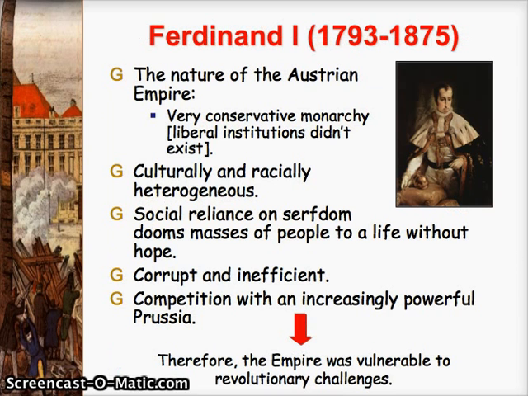So Austria is still ruled by the Habsburgs, and it's going to be ruled by Ferdinand I. He dies in 1875. He actually abdicates, though, shortly before 1848. So we're not going to see him actually in power when the revolutions break out. But he's actually quite a weak ruler. So what we're more interested in is that the government in general, not just the monarch, is very, very conservative